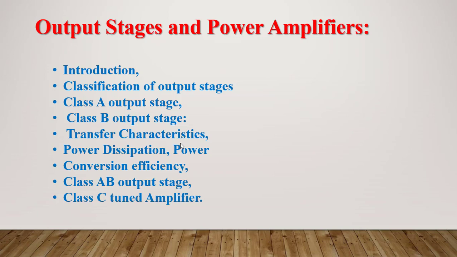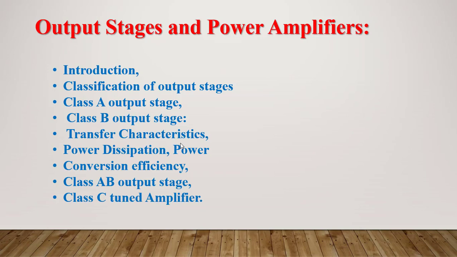What does power amplifier actually mean? Previously we discussed amplifiers. An amplifier is nothing but a weak signal converted into a boosted signal. If the input is voltage and the output is voltage, we usually call that a voltage amplifier. If the input is voltage and the output is current, then I by V is a transconductance amplifier. Similarly, if both sides are current, that is a current amplifier. If the input is current and the output is voltage, it is V by I, so it is called a transresistance amplifier. Yesterday's class we discussed that.